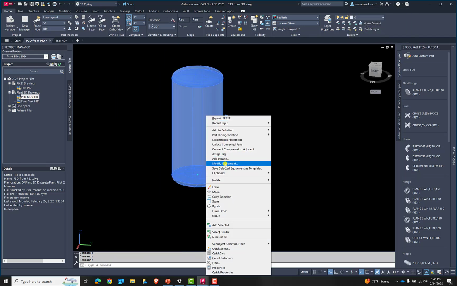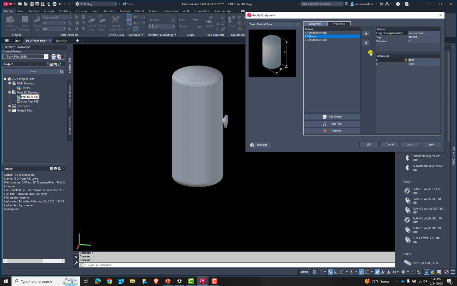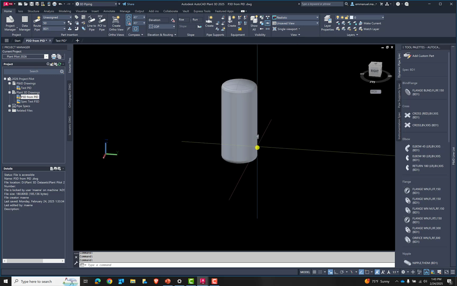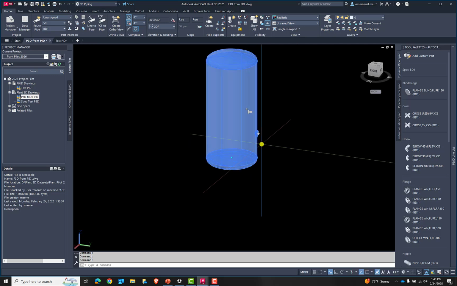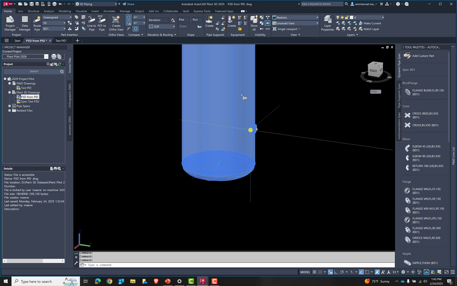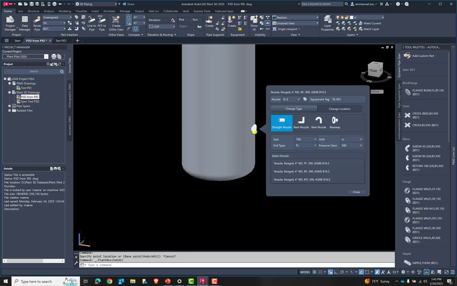Maybe need to do some small modifications here. This looks really, really small, so I need to increase the diameter. So let me just increase it to about 1000 wide, yeah, and maybe 4 meters high. Hit apply, then okay, and I will need to maybe adjust the size of this equipment, this nozzle,